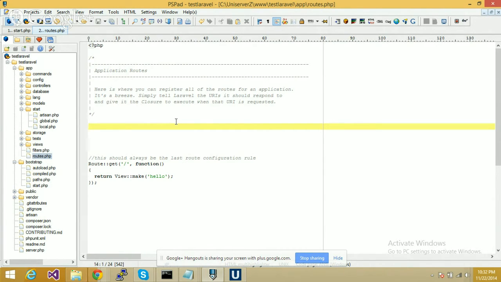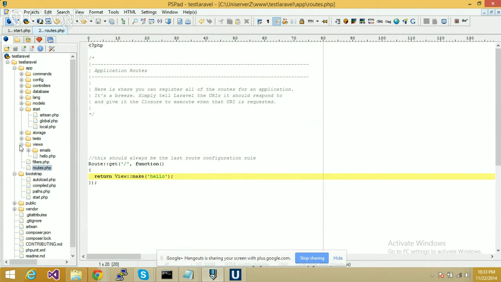You can see that when we receive a request at localhost or the default domain, we return a function called make, which is under the view class, and the parameter we are sending to this function is called hello. So if you go into your views folder, you're going to see a file called hello.php. So when you say view::make